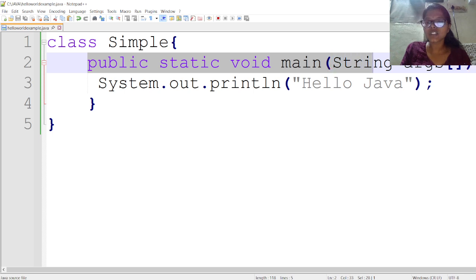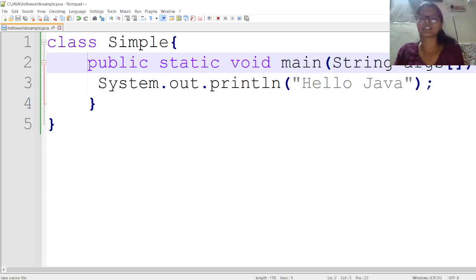The main function syntax is public static void main String array args. This is the default. Just remember how to write the main function here: public static void main String args. Okay, this line is very important to get output on the screen.